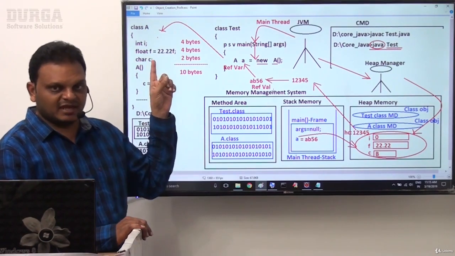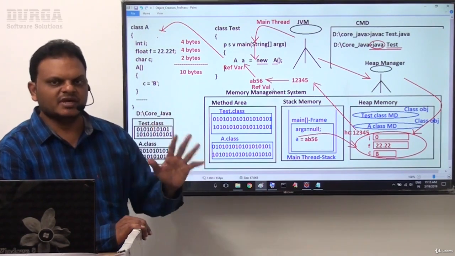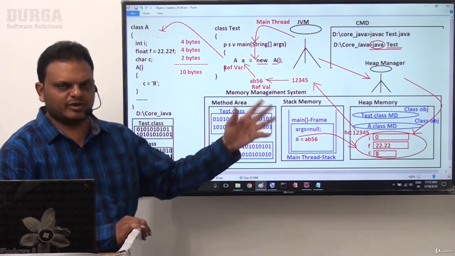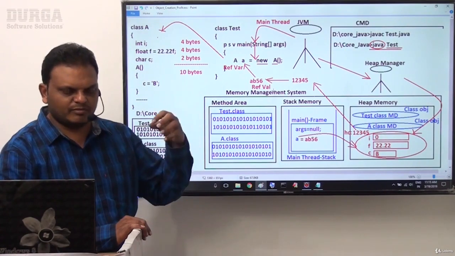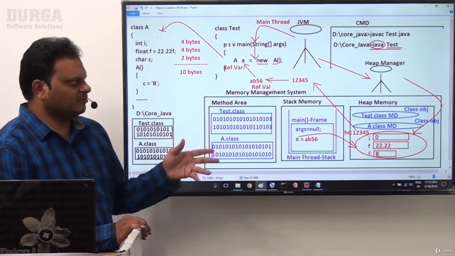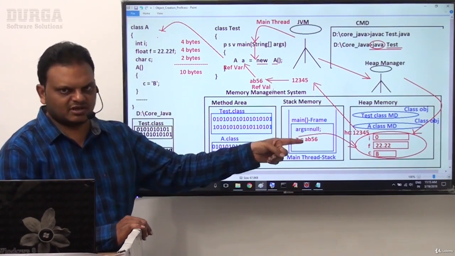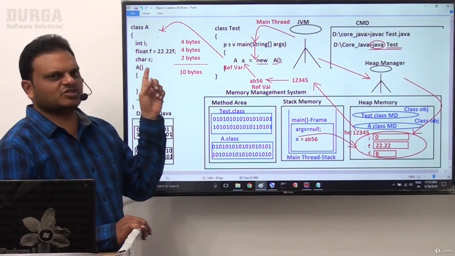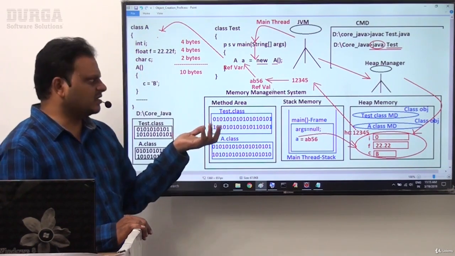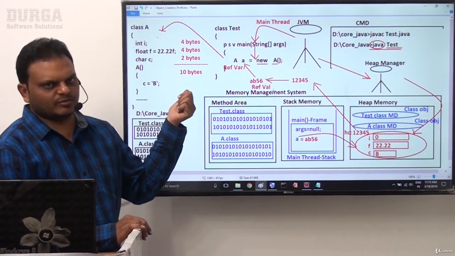Now this memory calculation is a temporary calculation only, that means a minimal calculation only. It is not the final size of the object's memory. The final memory size of the object we are unable to calculate in Java, but roughly we can calculate. Instance variable values are going to be stored inside the object, so on the basis of the instance variables' data types, roughly we are able to calculate how much size is required for the object. So here the size of the object is 10 bytes of memory.